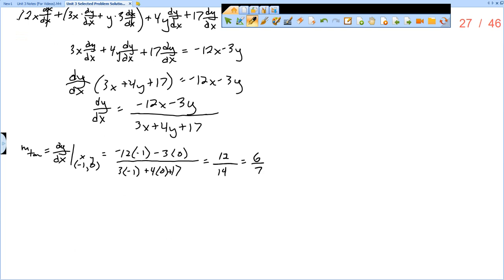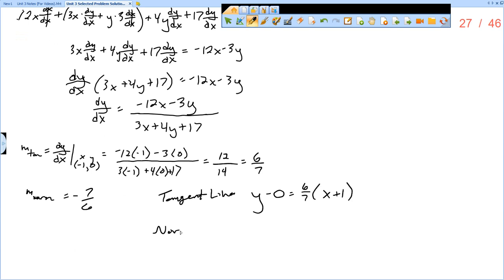So the slope of the tangent line is 6 sevenths, which means the slope of the normal line is negative 7 sixths. All right, so the equation of the tangent line is going to be y minus 0 equals the slope of 6 sevenths times x plus 1. And the slope of the normal line is negative 7 sixths. So the equation of the normal line would be y minus 0 equals negative 7 sixths, not 7 halves, x plus